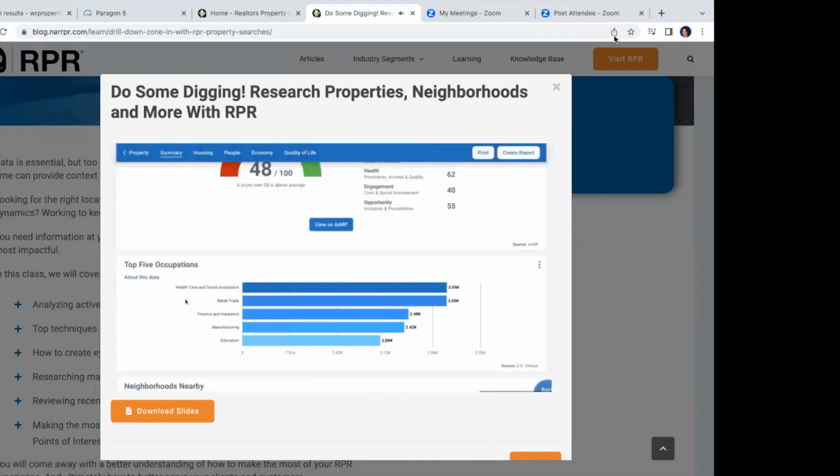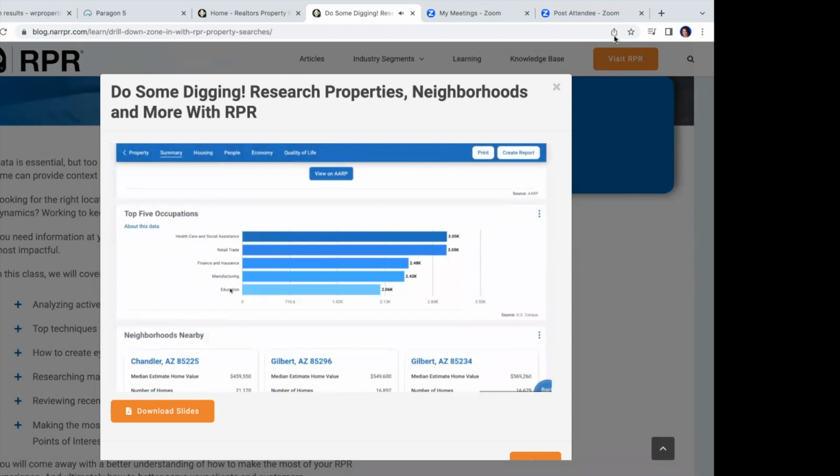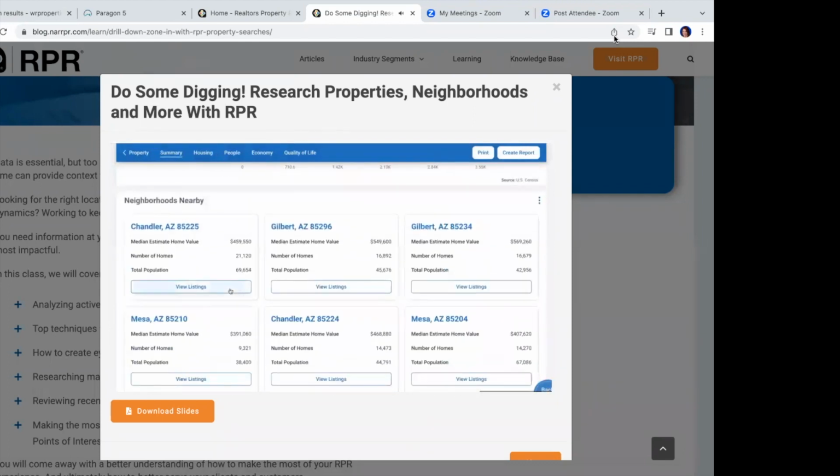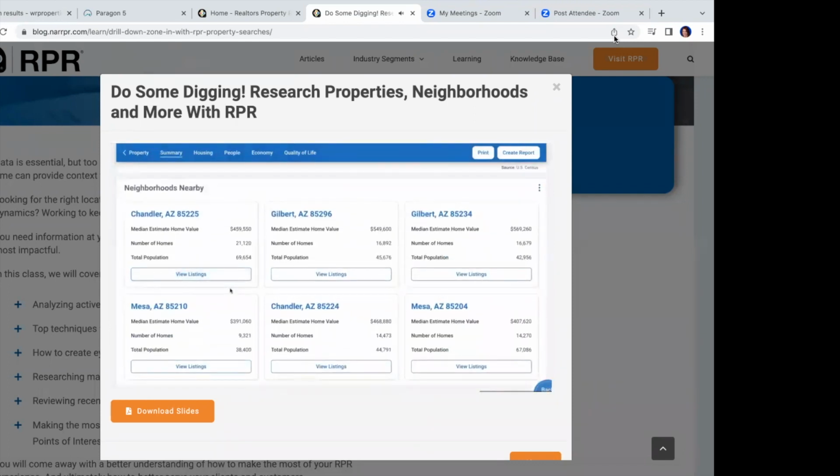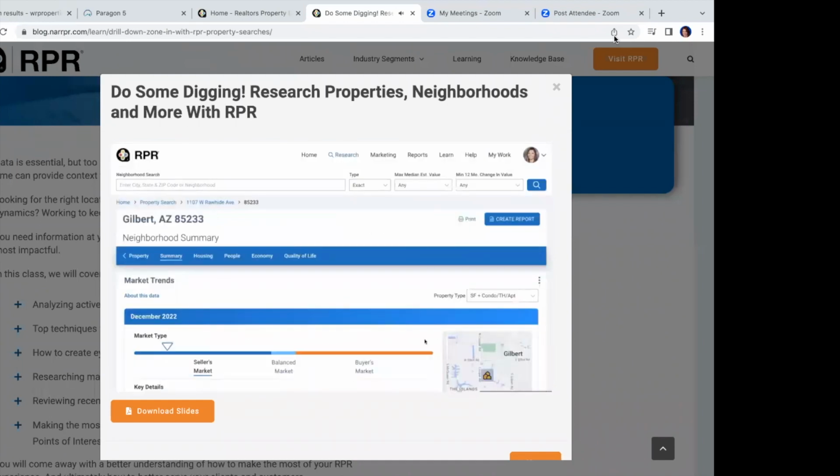We get the occupational breakdown, and then we just get a little bit of an index on some of those nearby neighborhoods, median estimated home values, the size, and the population. On the lower right-hand side of our page, we have a little button here that says back to top. So I'm going to go ahead and jump back to the top of my screen,